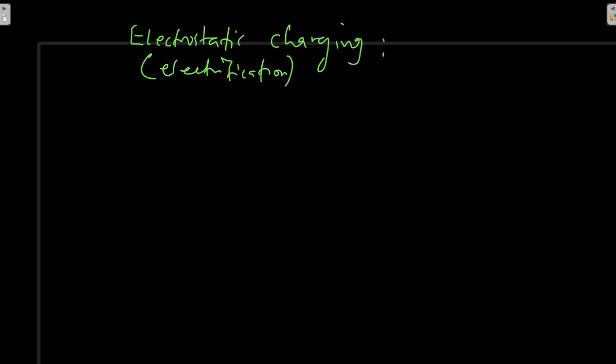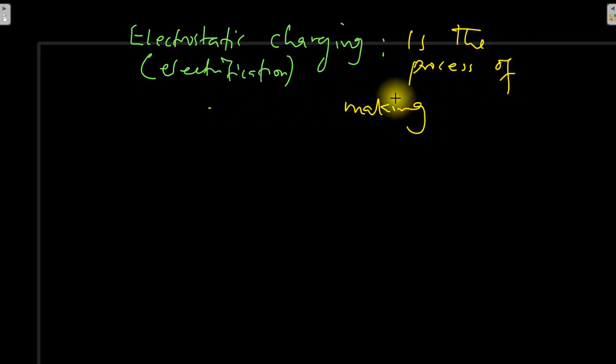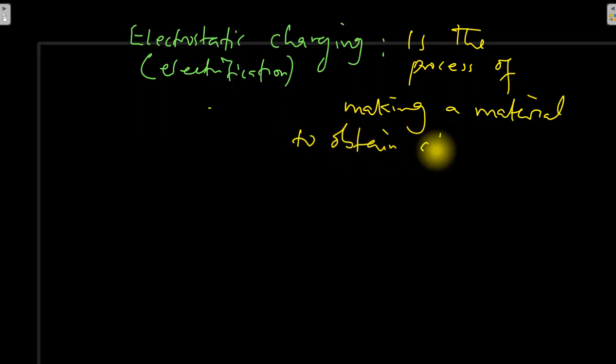So electrostatic charging or electrification is the process of making a material to obtain charges. The process of making a material to become charged is what we call electrostatic charging or electrification of an